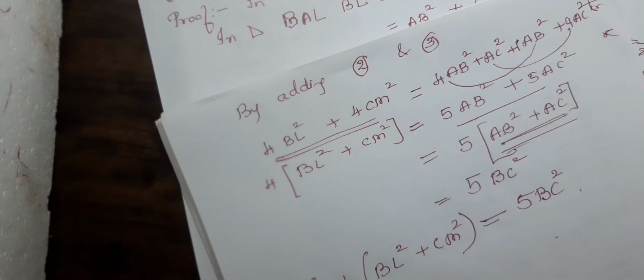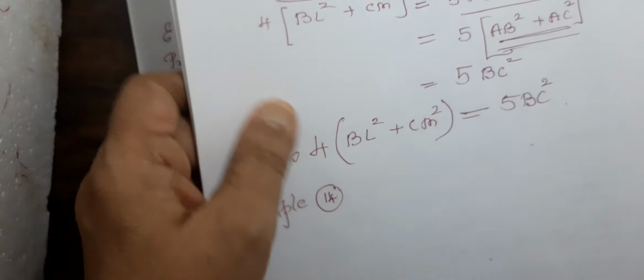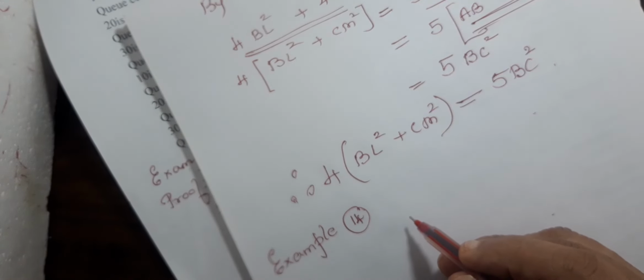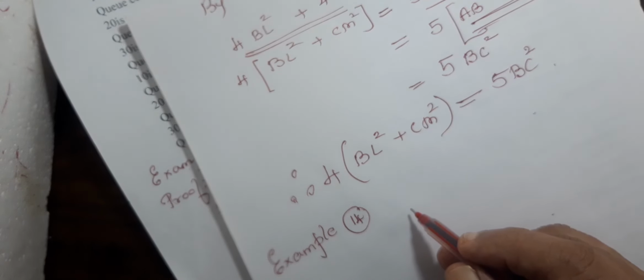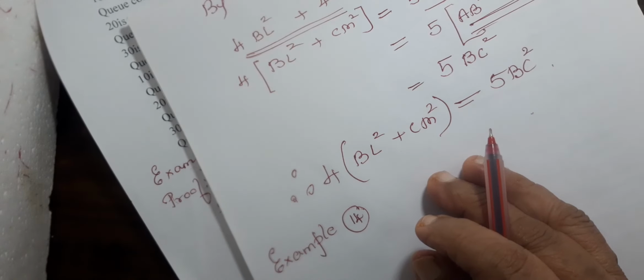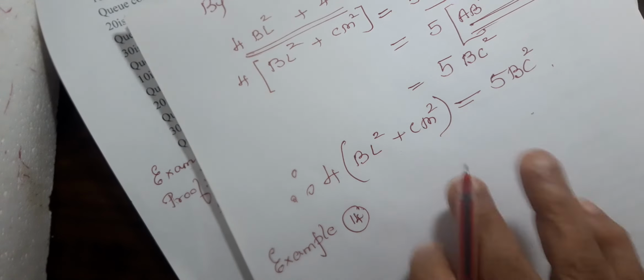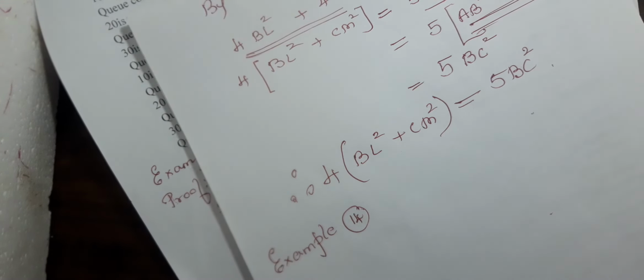Okay, now example 14. So let me see the time. It is already 11:52. Yeah, it is already nearing 12. So the last problem is the 14th one. The 14th one is also quite easy. It's not at all tough. Everything is of right angle triangles, and you have to add there. You have to add and then get the answer. Everywhere you have right angle triangles in that figure, and you have to use them there. I think you can do this.